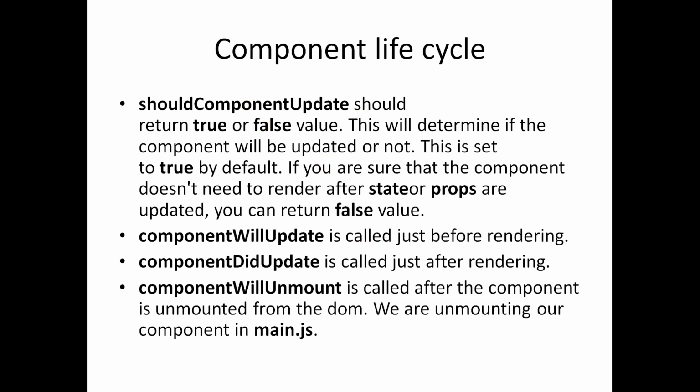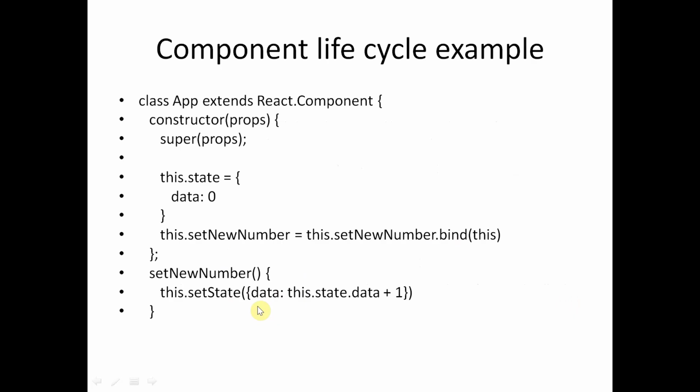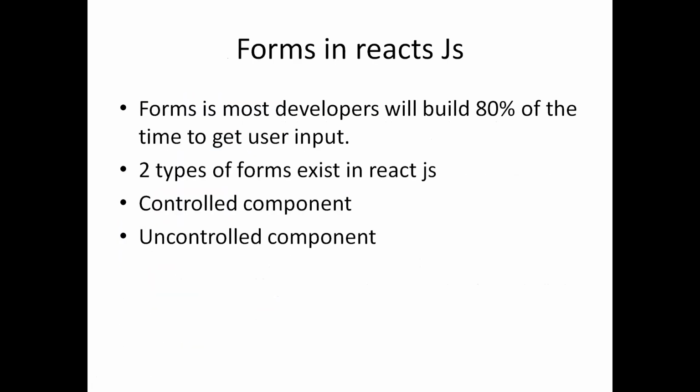Sometimes you don't want the component to simply re-render all the time. You want to re-render it only if there is a UI change, correct? But if you want to do any processing, you need not update a component every time a state or prop is changed. This is a very useful method given by React. What is the benefit? Performance, correct? Every time you re-render, there is a cost of web traffic as well as rendering the screen. That is avoided and only the processing will happen. So you can use this to manage that.